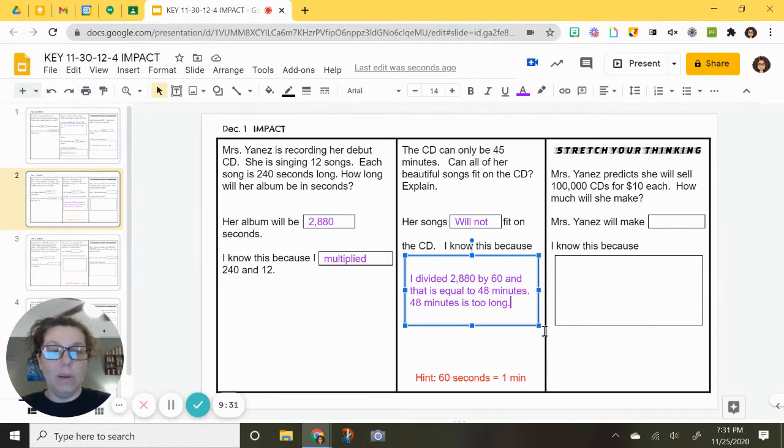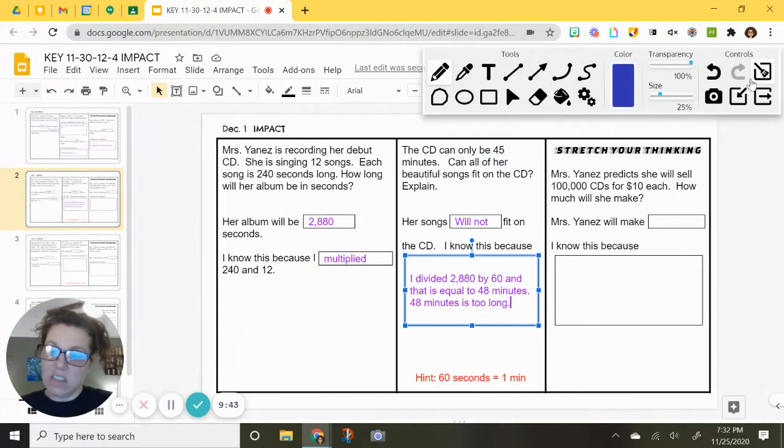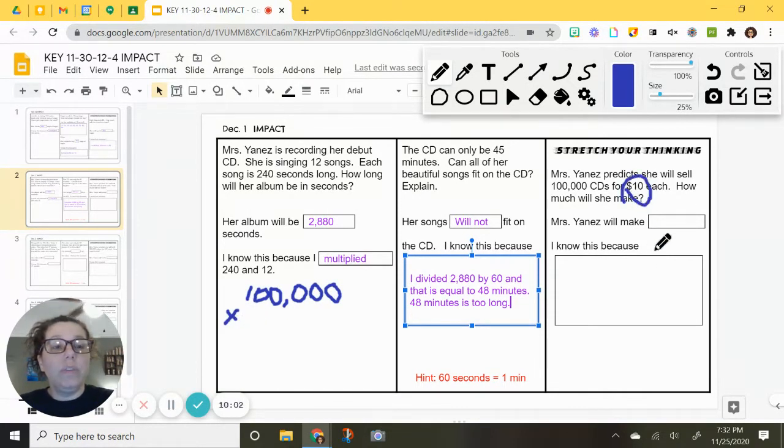Okay, so I know that I don't have a total yet. When I want to get to a total amount, I need to multiply. So let's go ahead and delete this and figure this out. I'm going over here just so I have some space. All right, 100,000 is what I'm going to sell. At least, for sure. I mean, my Little Mermaid rendition is amazing. And then they're being sold for 10 each. So I'm going to put 10 here.